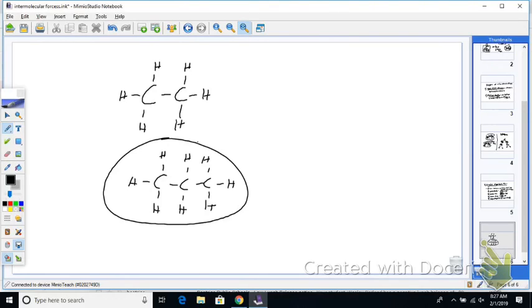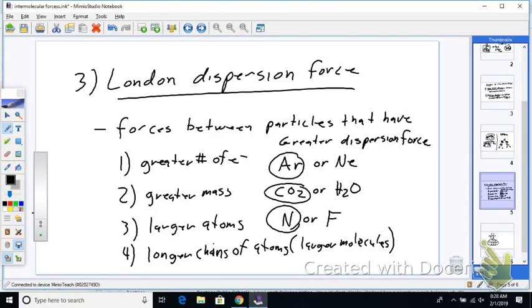If it has hydrogen bonding, guess what? It will be bigger. Okay, if the other one doesn't. Next thing you look is if it's polar. So if one's polar and the other one is not polar or doesn't have hydrogen bonding, that's your second thing you look at. And the last thing you look at, if neither one of them are present, we don't have hydrogen bonding or polar molecule, dipole-dipole, then you have to look at these 4 characteristics. Does that make sense? Okay. All right, good. Here in a second, I'm going to give you guys